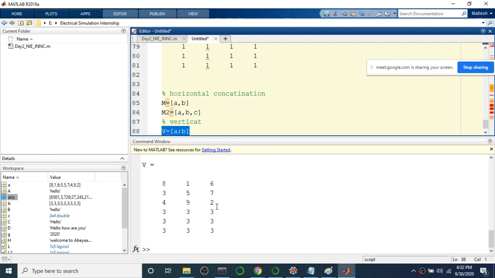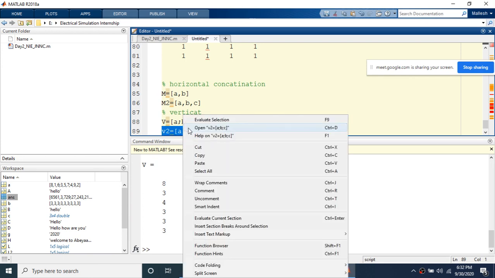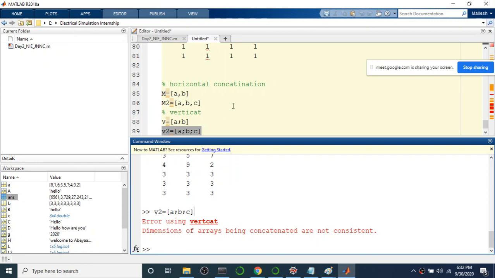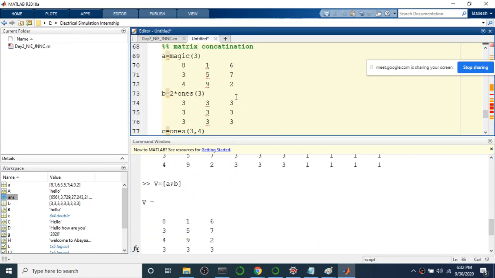So one matrix is kept below another one. Let me try one more, equal to square bracket a semicolon b semicolon c. When I try this, it will give an error. The reason is that I am trying to keep one matrix below the other.